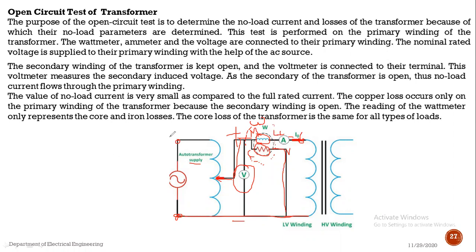So this is just a simple connection diagram for the open circuit test. And the secondary side is open circuited, that is OC, open circuited secondary. If the secondary is open circuited, that means the current flowing in this loop, that is I2, is equal to 0. I2 0 असेल, but some induced EMF V will be present. त्याच्या across काहीतरी voltage V present असेल. To measure that voltage V we are using the voltmeter. हे voltage measure करण्यासाठी आपण त्याच्या parallel मध्ये voltmeter connect करतोय.